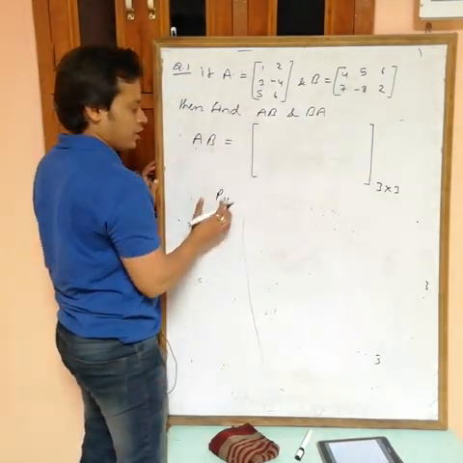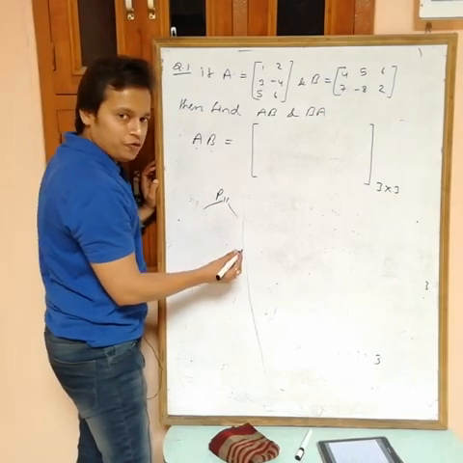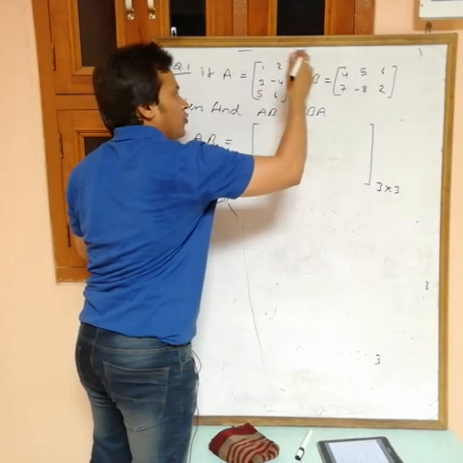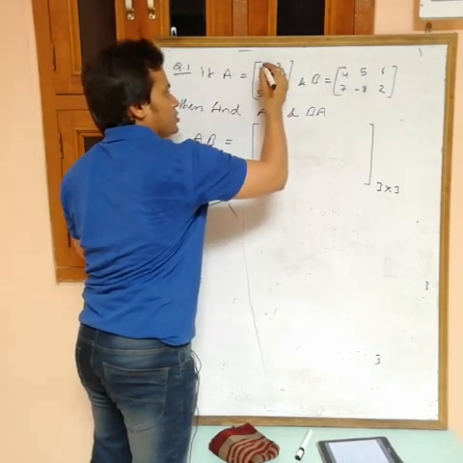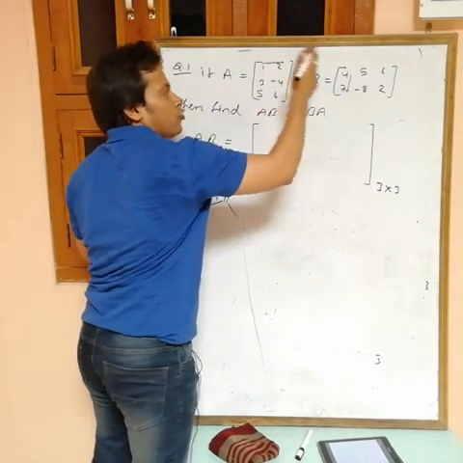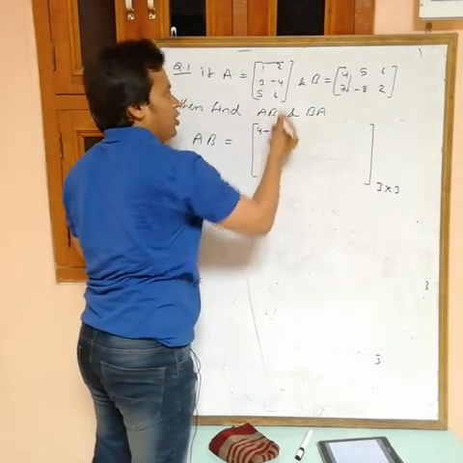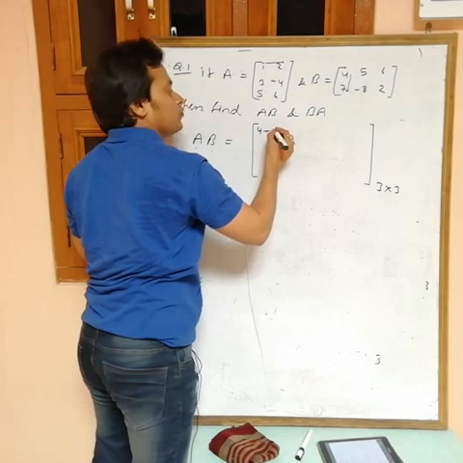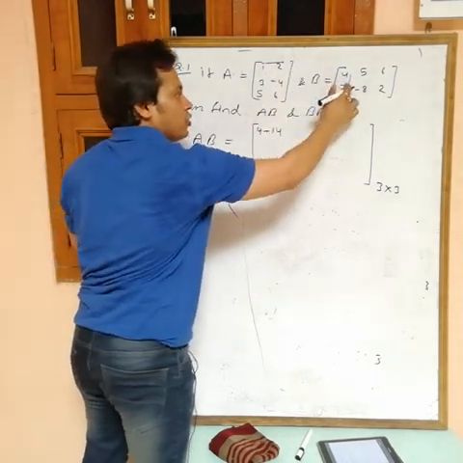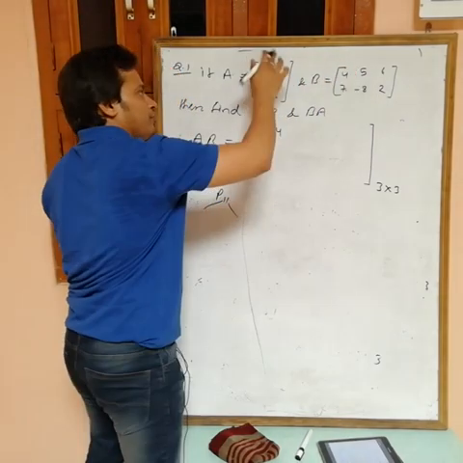Okay. So to get P11 we have to multiply the first row with the first column. 1 into 4, see na, this is the first row and this is the first column. So 1 into 4, 4 plus 2 into 7, 14. The first row is multiplied with the first column na. Now P11 is over.